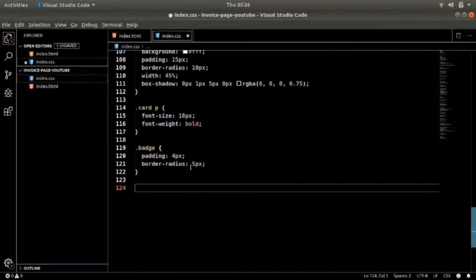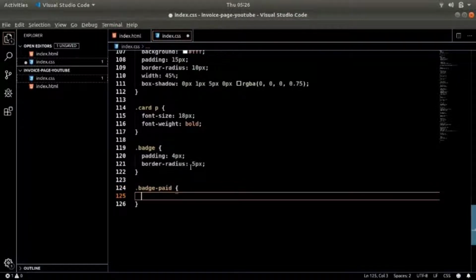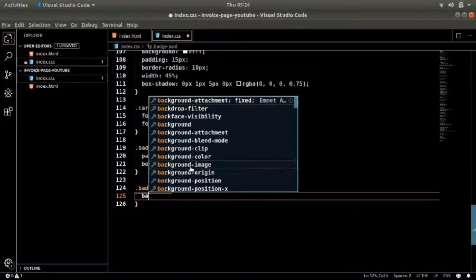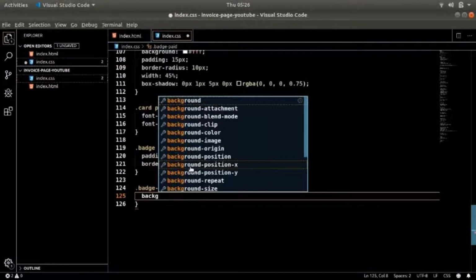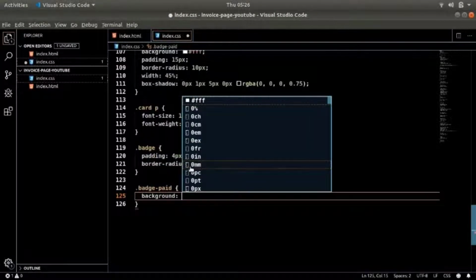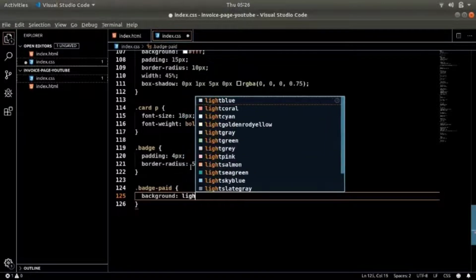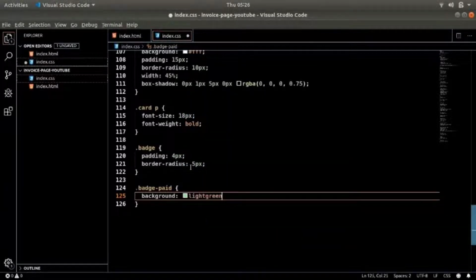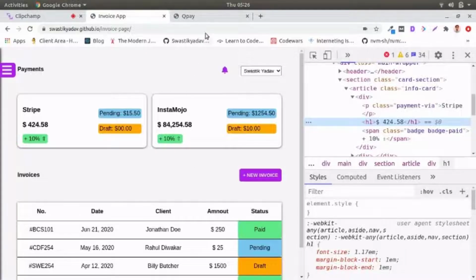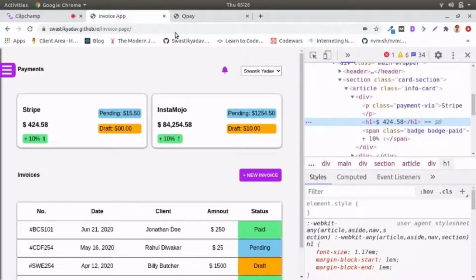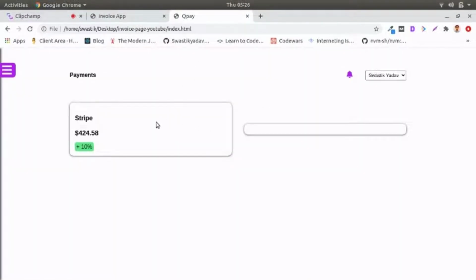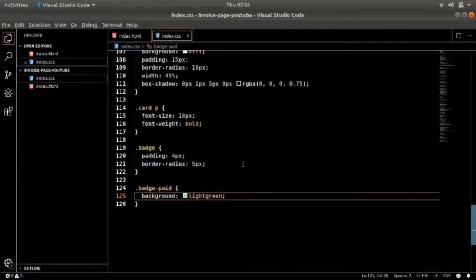And now specifically for the badge paid, I want the background to be light green. Now if we look, here we have it. It's a light green, and it's awesome. It's looking good.